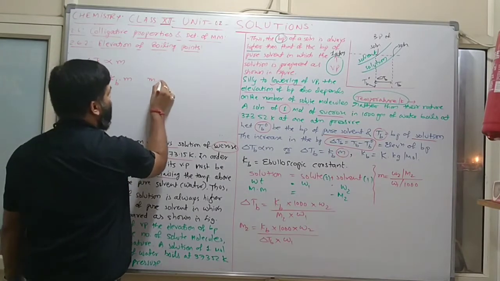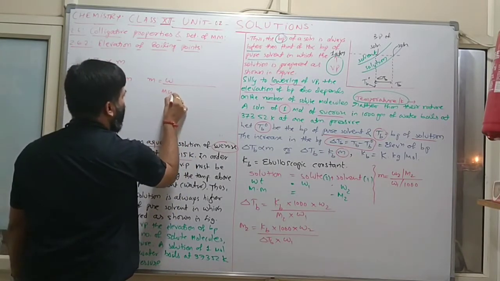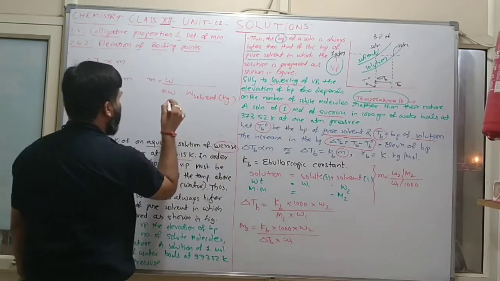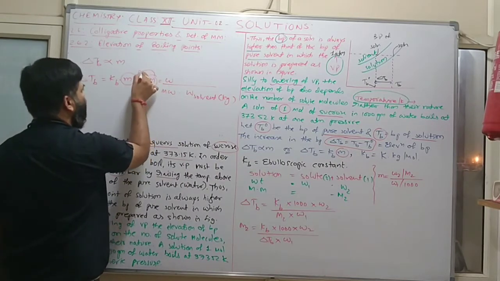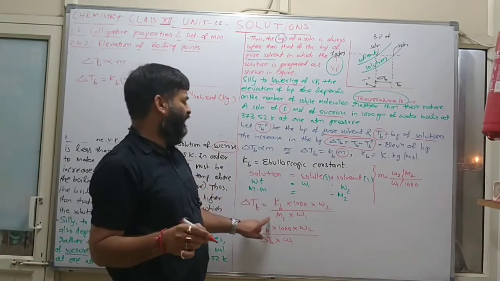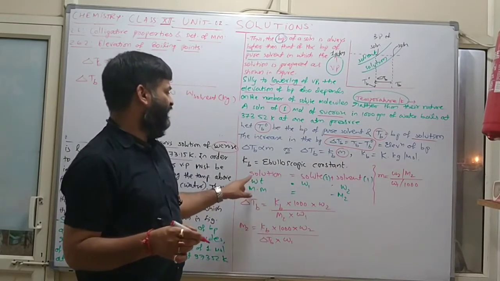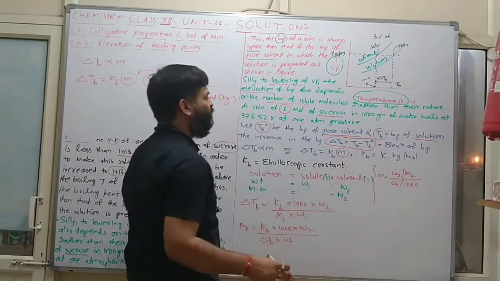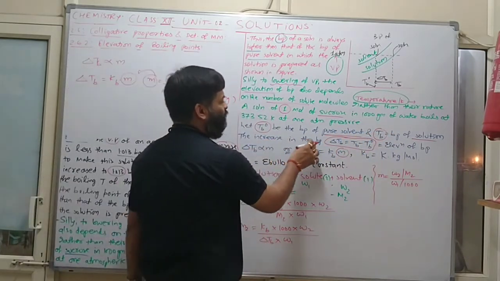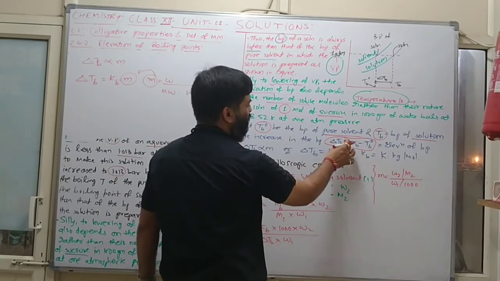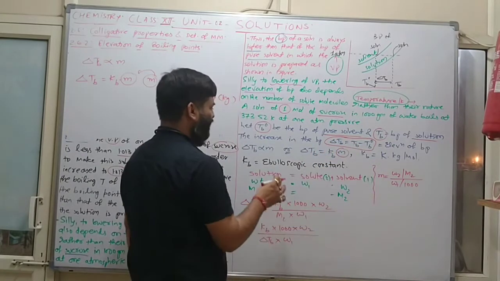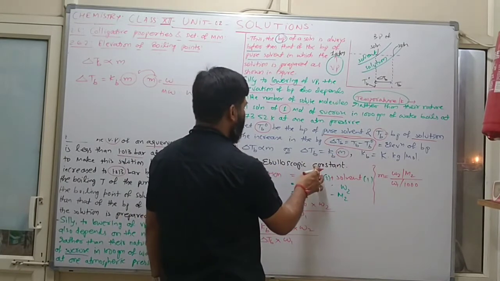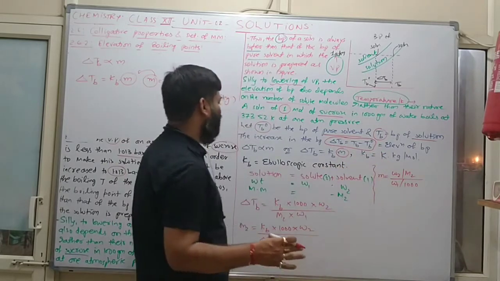Now you know molality is weight upon molecular weight, and this is the weight of solvent in kilogram. So whenever we put this value here, the final formula will be this one. See, this is TB0, the boiling point of pure solvent. This is TB, the boiling point of solution. The increase in boiling point, that is delta TB, is equal to TB minus TB0. Clear? Write the formula of molality here. So Kb is the ebullioscopic constant and the unit of Kb is Kelvin kilogram per mole.